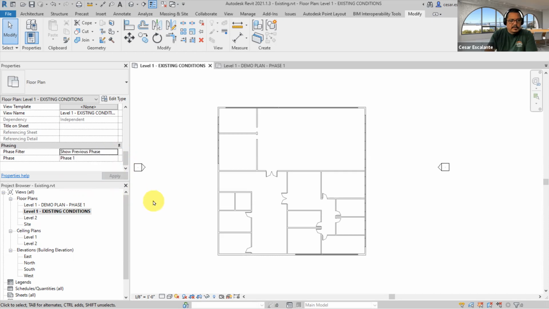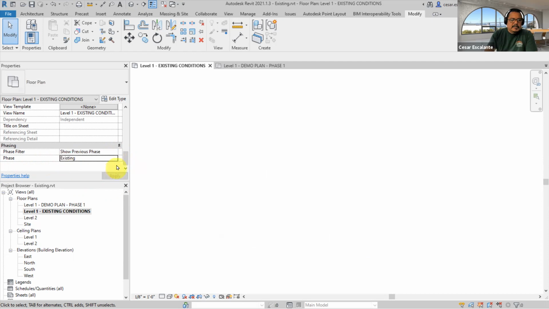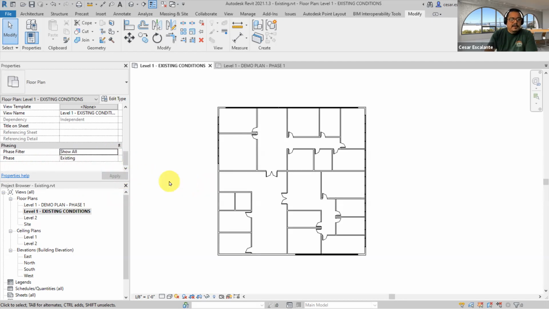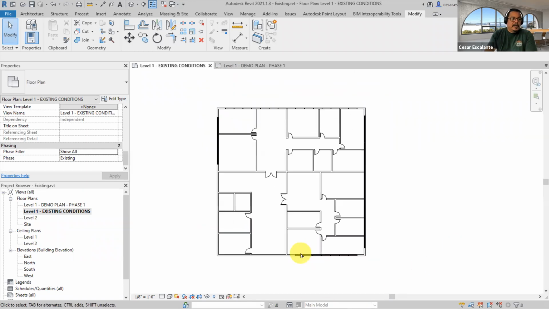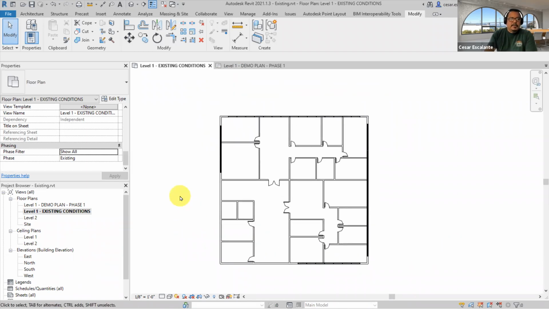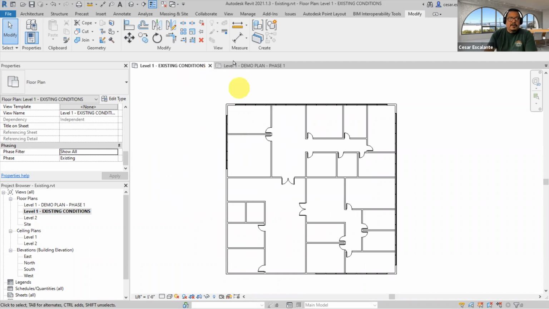Why disappear? Oh, because I am on phase 1. So I need to change this to existing and show all. I don't think I have a filter that allows me to display this in gray, but you don't have to do this, but I could also create a new